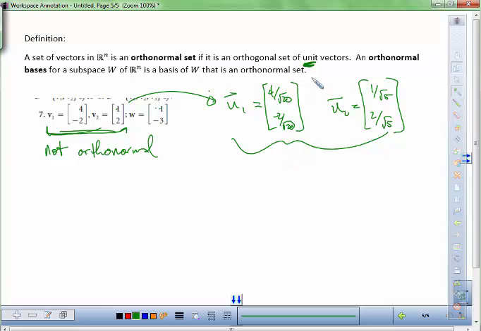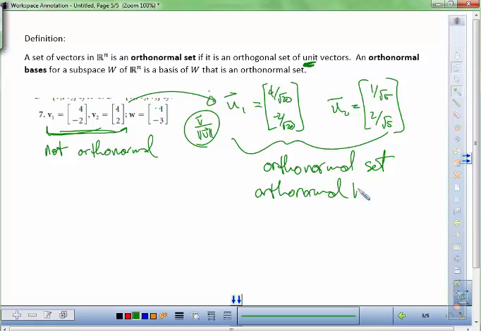V over the magnitude of V, yeah, to make it a unit vector. So this makes it into a unit vector. Now I have unit vectors and they're perpendicular, so this is an orthonormal set. And since these are two vectors that are perpendicular to each other in R2, it's going to span all of R2. So not only is this an orthonormal set, but this is also an orthonormal basis